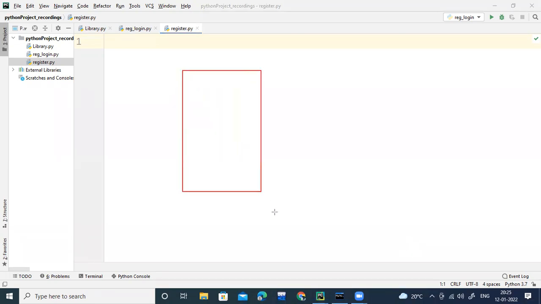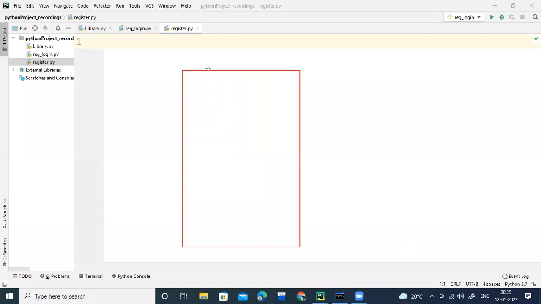See, this will be my root window. Here I'll be writing some fields like username, password, email. I'll be taking these as the fields from the user. I want the user to enter username, password, and email.